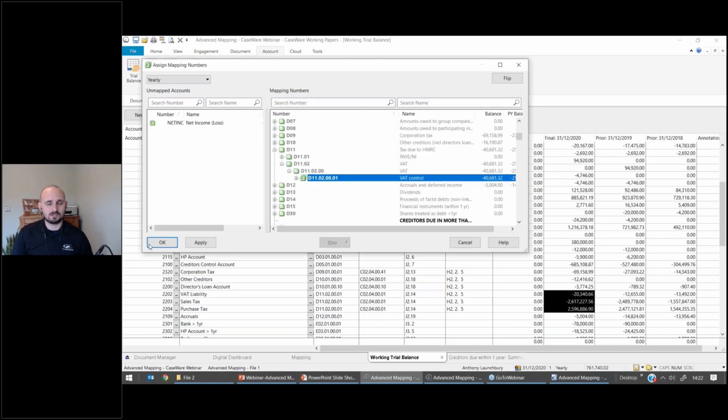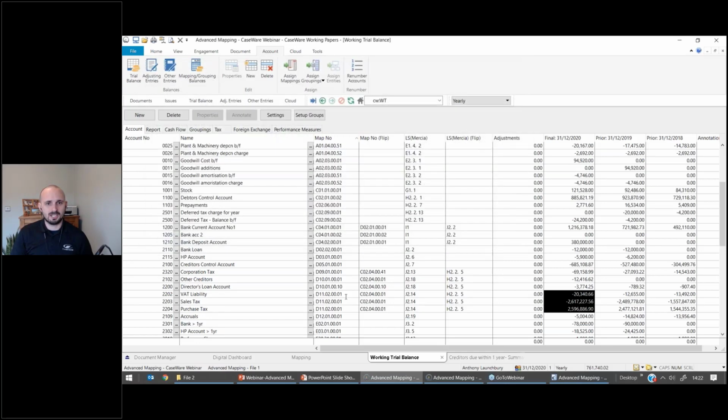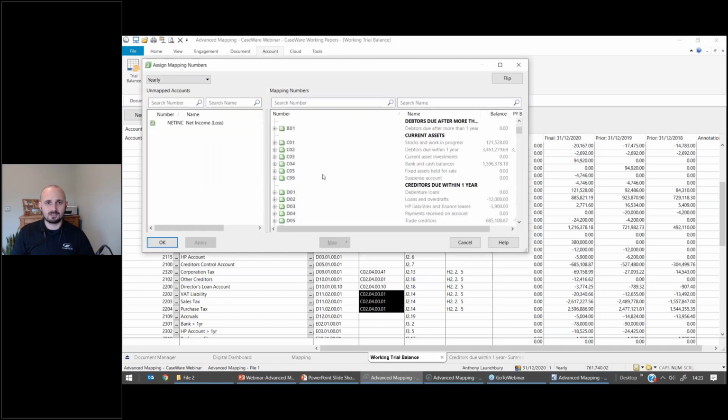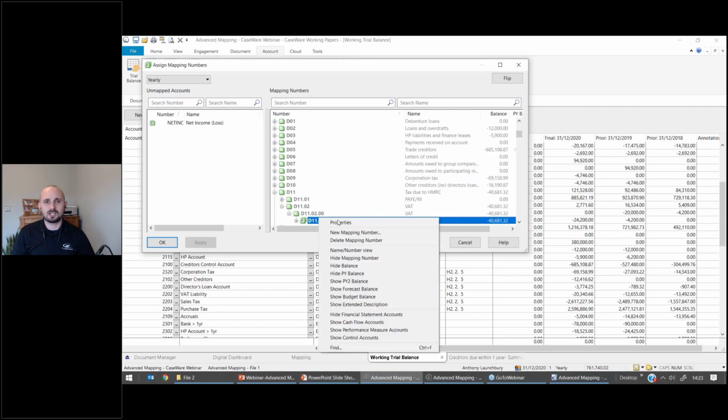Press OK again. But can you see when I come back here that those settings haven't been updated? Those settings are still saying that it's going to C02040001. That's because we'd already assigned that map code with the properties at that point to this account number. And it doesn't go back and retrospectively change it as and when we update the property screen. Now that is exactly the same for the groupings. So when we go down to D11 and we don't want the VAT to go to a certain area, maybe the lease sheets, we don't want to use a flip, so we go to properties here